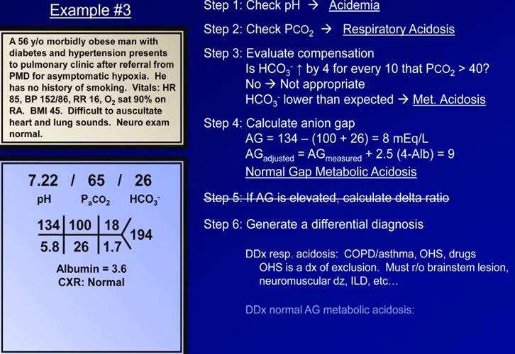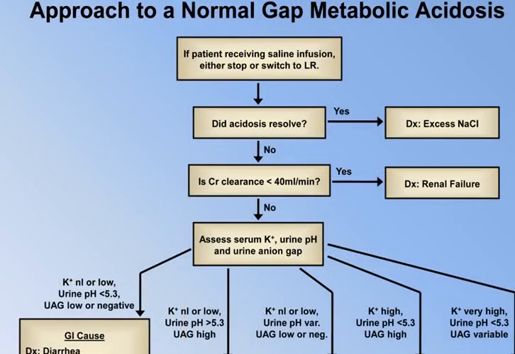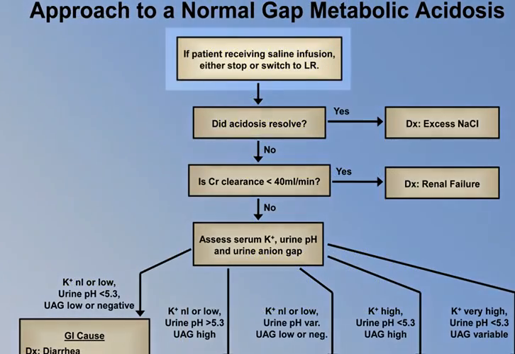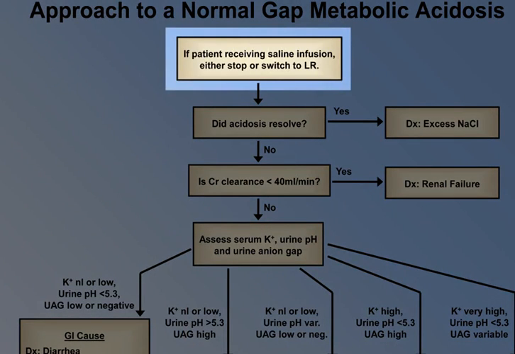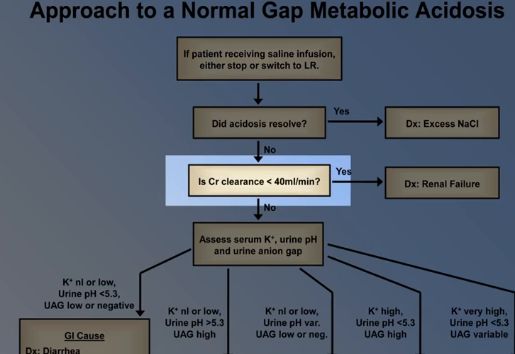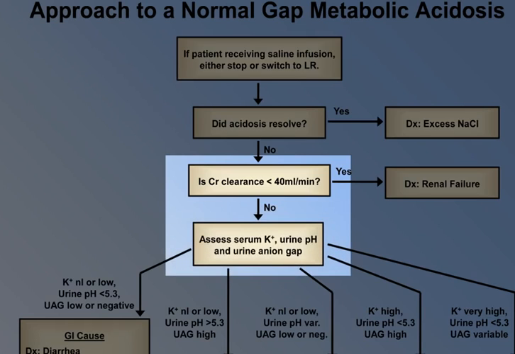Now, what about that normal anion gap acidosis? We haven't seen the flowchart for that in these examples yet, so here it is. The first thing we should do is to make sure any infusions of normal saline are either stopped or switched to lactated ringers, which is obviously not relevant here, so we will skip down a bit. We will then ask whether creatinine clearance is less than 40. To remind you, his creatinine was 1.7. While this isn't normal renal function, his creatinine clearance won't be below 40, so we move to the next step,